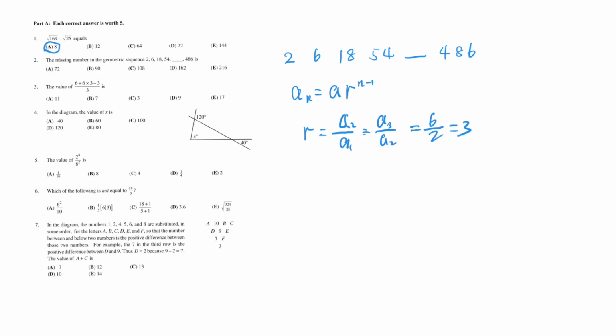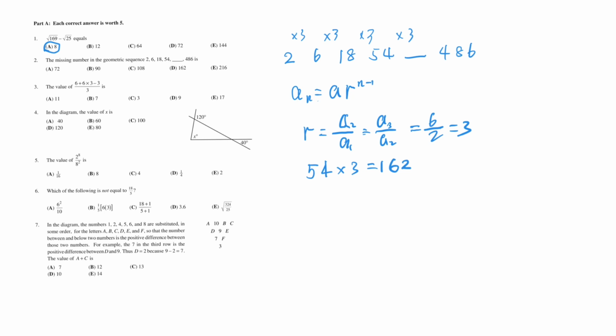So easy way, we use 2 times 3, get 6, 6 times 3, 18 times 3, and also times 3. The missing term is 54 times 3,